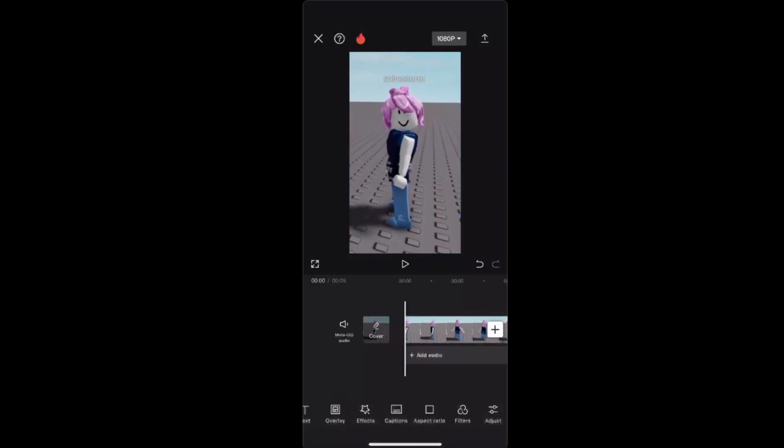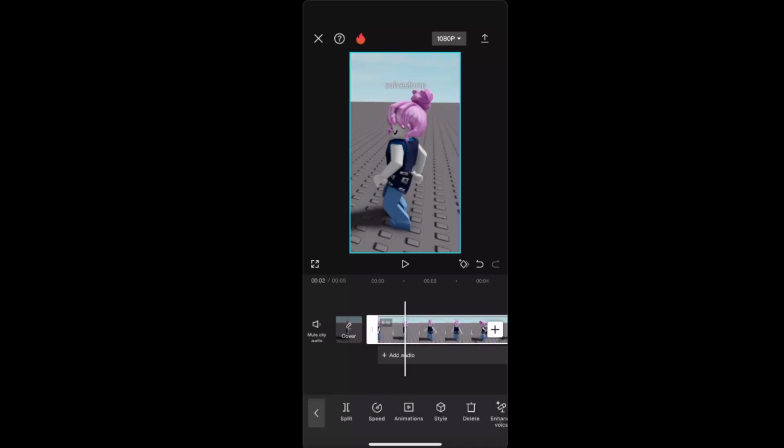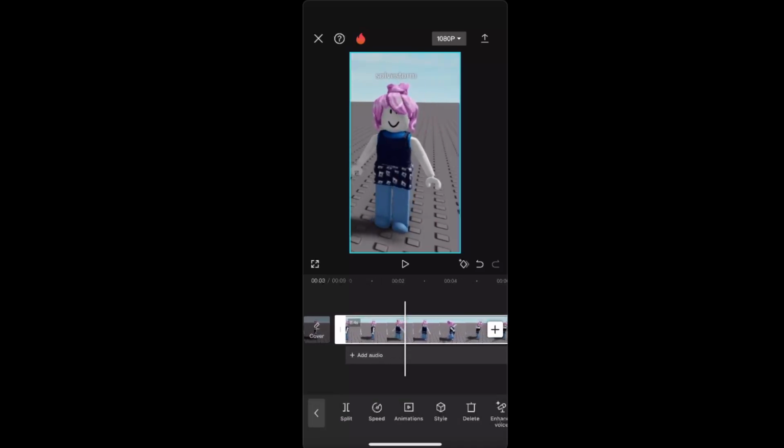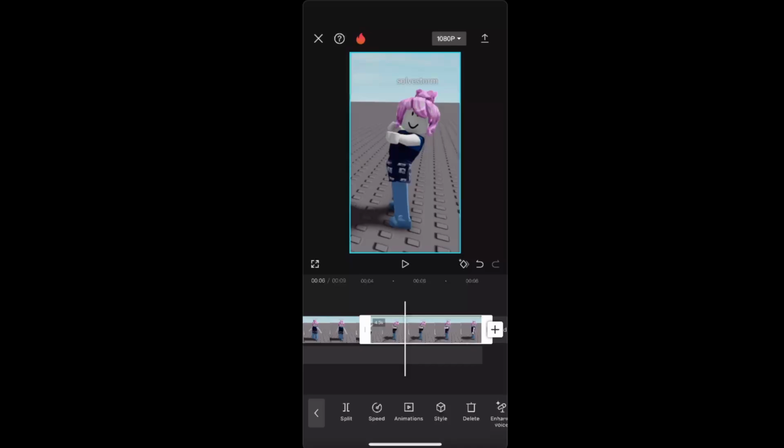Now, once we've done that, you want to split this clip where this avatar pulls an arrow. So, like so, somewhere here. You want to split the clip, and now you want to choose the second clip and make the speed